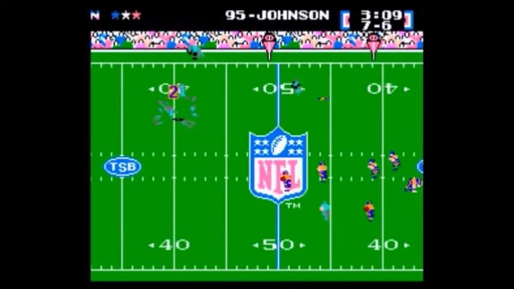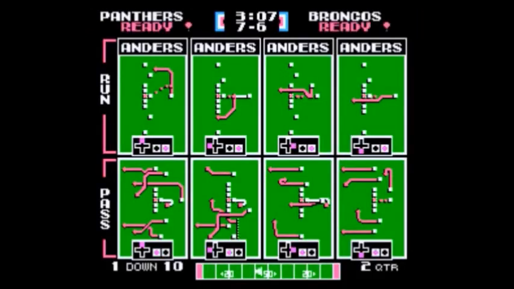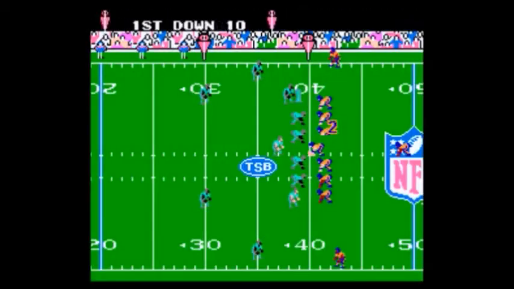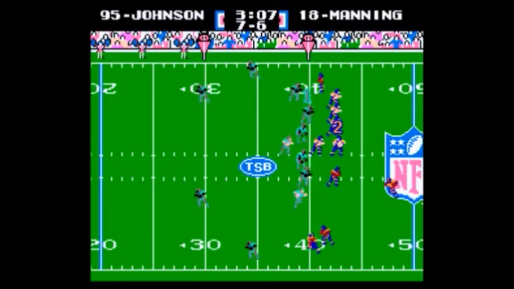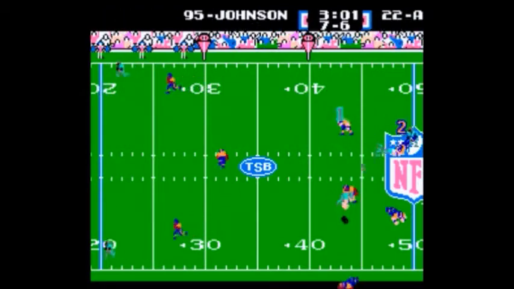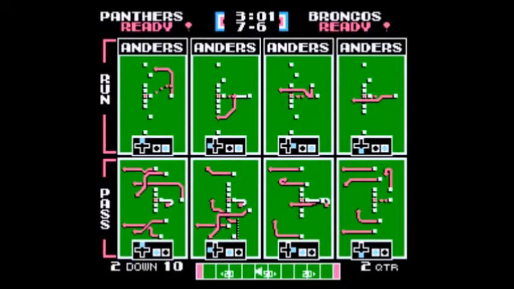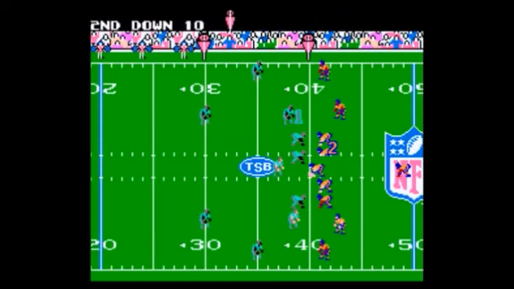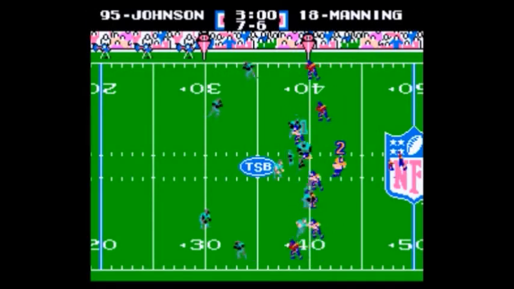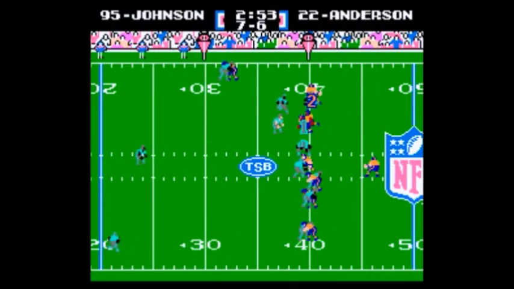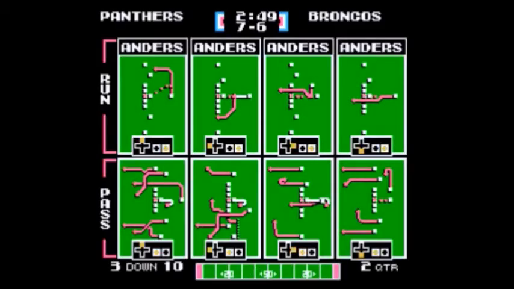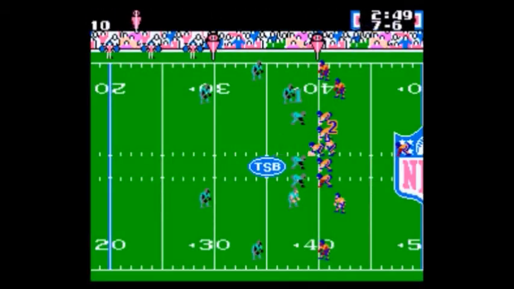C.J. Anderson has such beautiful moves there. Avoids a couple of diving tacklers to get a nice first down, and they flip it to the 40 of Carolina. Making some noise is Manning and these Broncos. Manning was lucky to get rid of that ball there. He was getting some big-time pressure by the Carolina D. But Anderson with the pitch, and nowhere to go there on that run by Anderson.